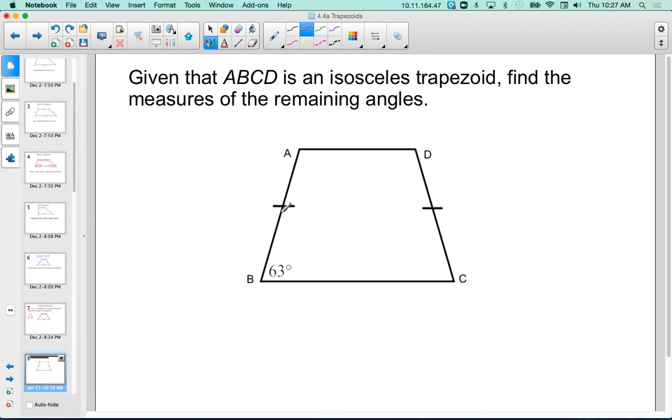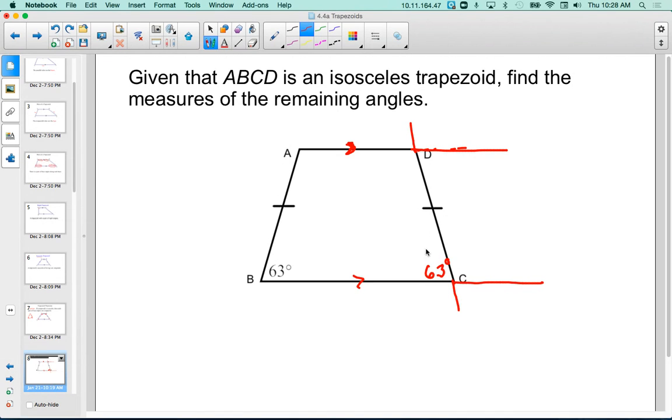We also know that in this isosceles trapezoid, base angles are congruent. So if B is 63, so is angle C. Now, one thing we didn't talk about, but we also could think about these legs as being transversals, because we know that these bases are parallel. So this is like a transversal, and we can actually use the fact that these are